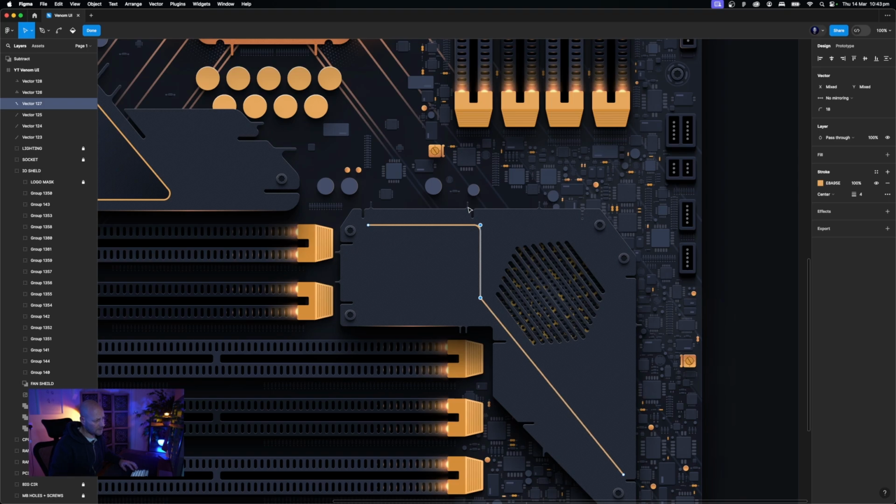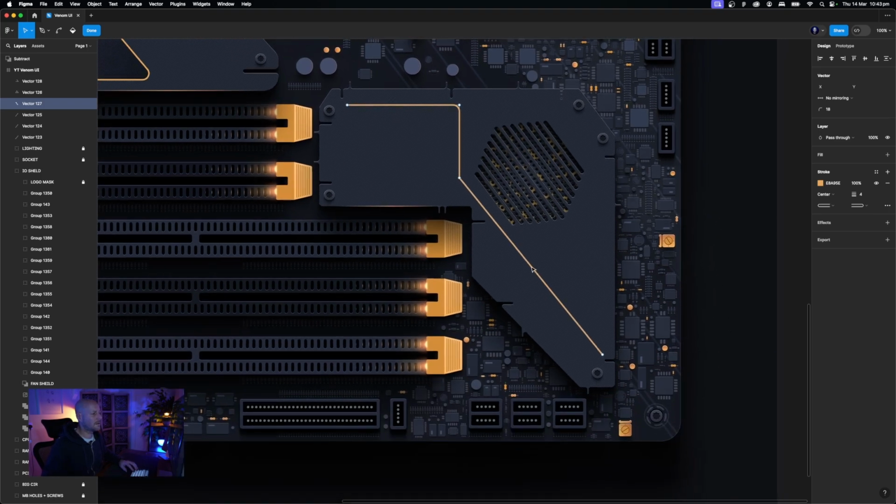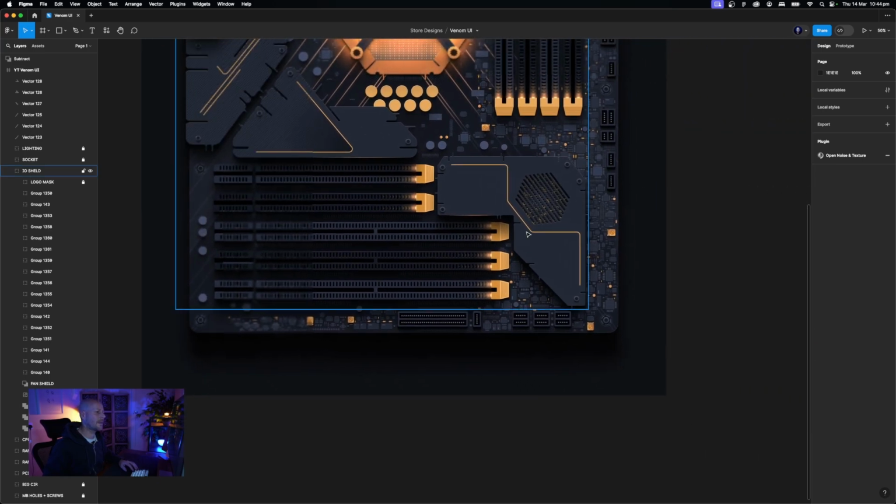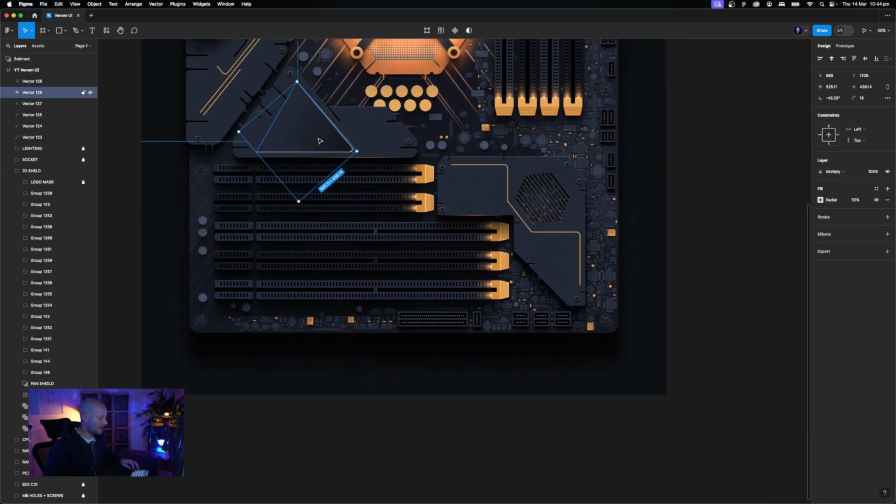Push this over this way. Move this up this way. Put this down this way. Move this way. Same distance. Move this down. Yeah, right. Take that color,